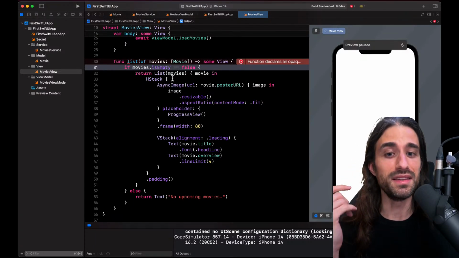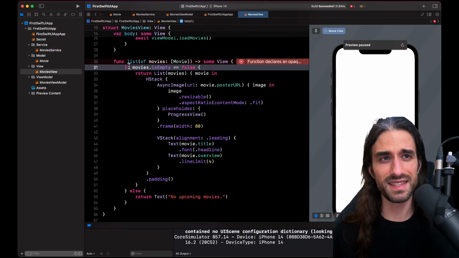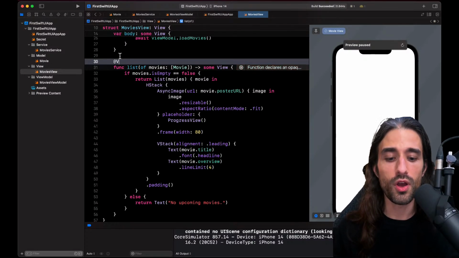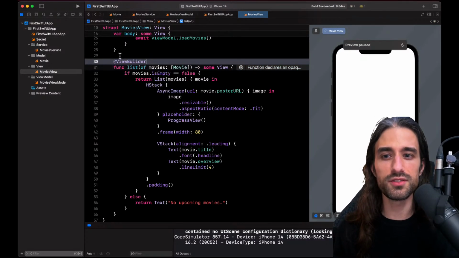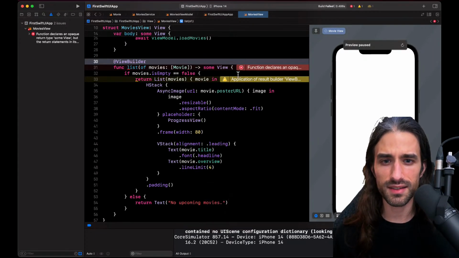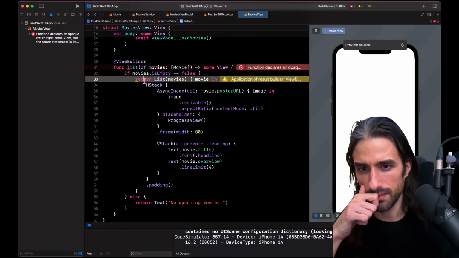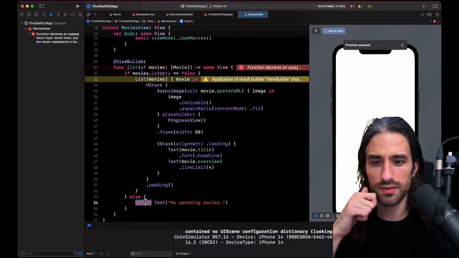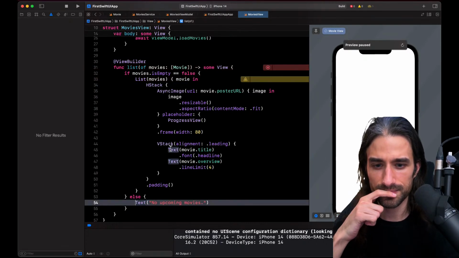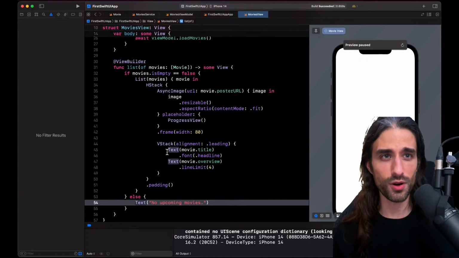This is an issue, so we could use Group, for instance, and this is actually kind of what ViewBuilder is doing. What we can do, short of using Group, is to use @ViewBuilder, and here, when I do that, it's still not happy. Maybe because I need to remove the return statements in that case. Yes, in that case, it works. And so now it works.